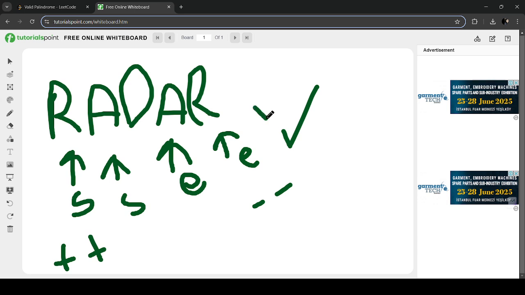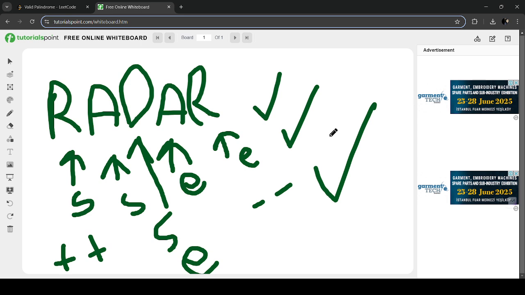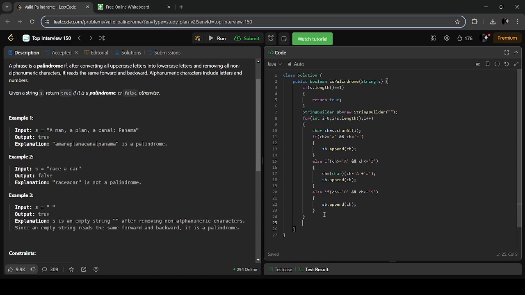D matching, matching. Then both meet at the same point. Done. True. So like this, we will take a two-pointer approach and code it for palindrome.